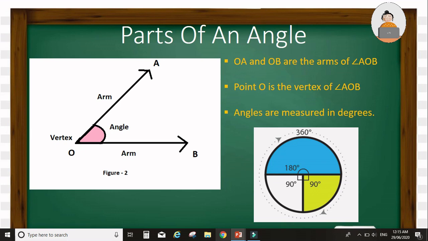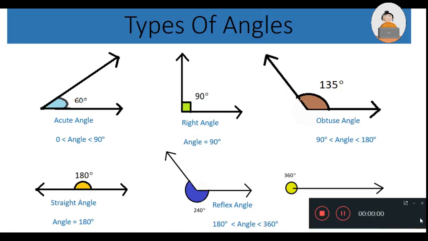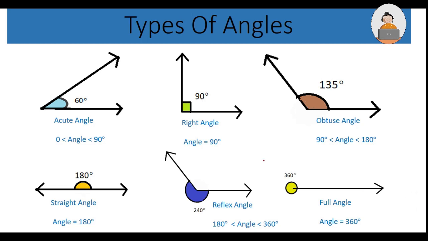Next is the property of angles. Angles are measured in degrees, which is a measure of circularity or rotation. As you can see in the figure, a full rotation makes an angle which would bring us to face the same direction, and it is known to be 360 degrees. A half circle is therefore 180 degrees, and a quarter circle, or a right angle, would measure 90 degrees.